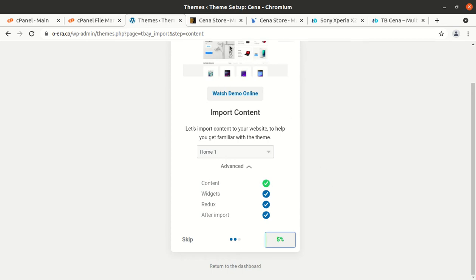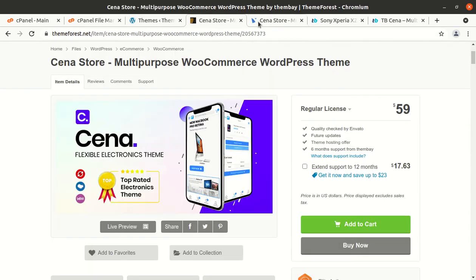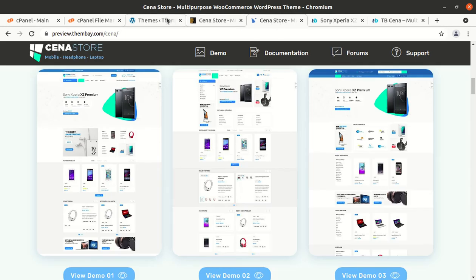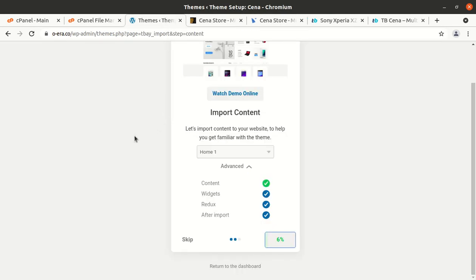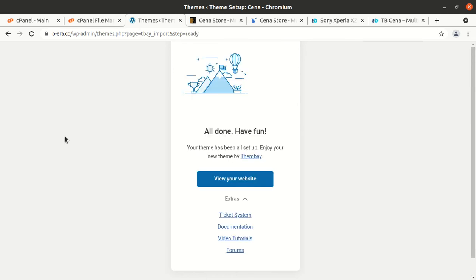However, you can use other tabs and let the process be completed. Wait for the next message on the screen, and you will reach this screen, all done, have fun, once the demo content gets imported.